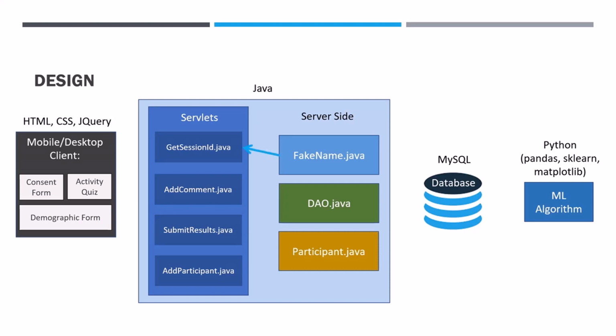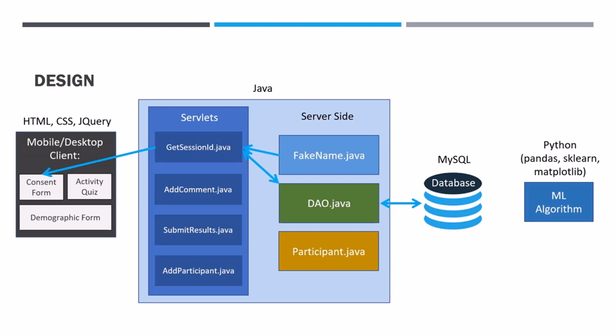This fake name needs to be unique because the primary key of the participant table in the database is the fake name. So the getSessionID class checks through the DAO that the fake name is unique, and if so,